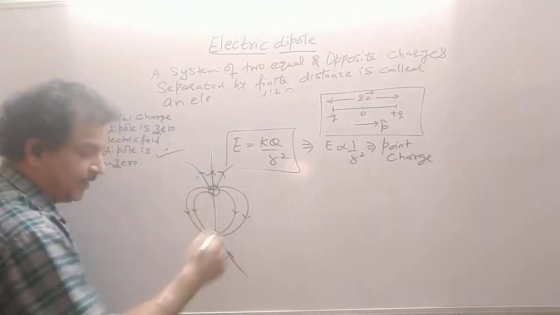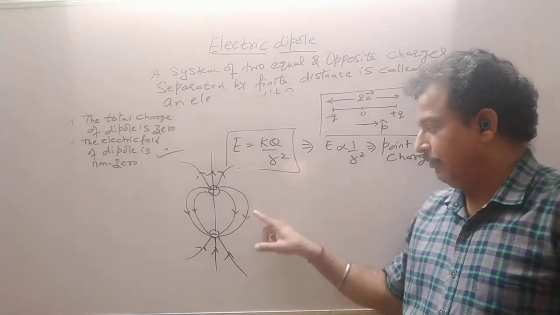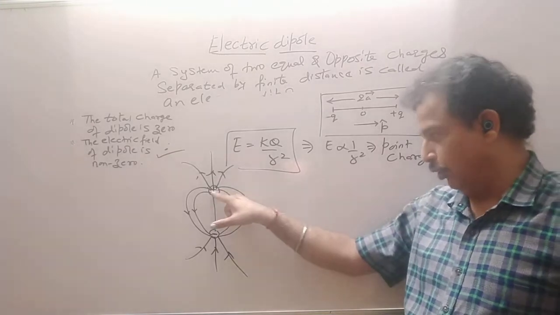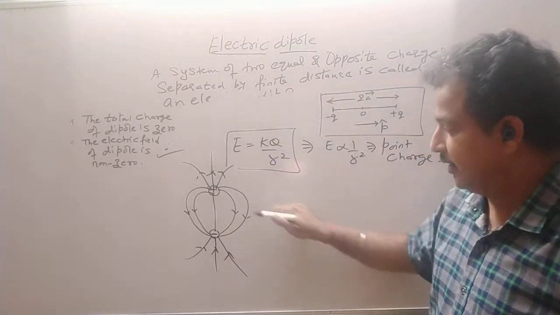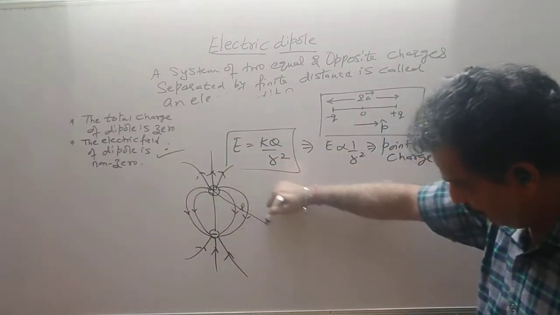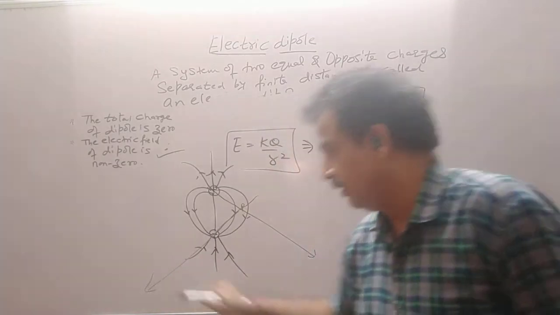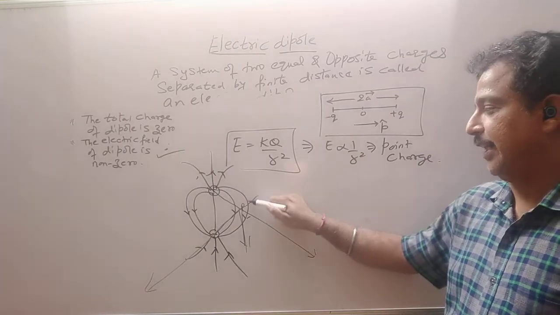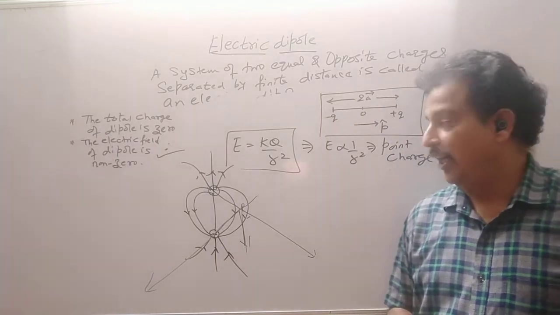So if any point is inside this field, there will be an electric field. There will be two parts. If I say consider a point here, at this point, find the field. So you will find the field due to plus charge. You will find the field due to minus charge. As you know, we have found this field. Suppose I keep a point P here. Then this positive charge of a dipole will repel the test charge. This negative charge will attract the test charge. So the resultant electric field will be in between, and that was what we said, that if a field line is curved, the tangent gives the direction of the electric field intensity.